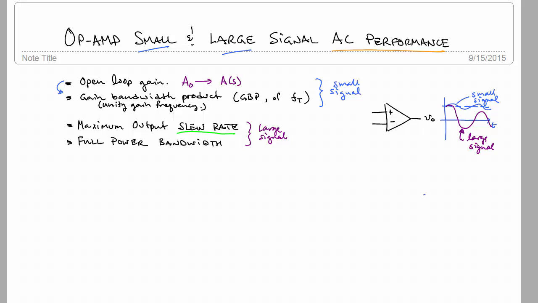In this video lecture, I'm going to present some of the real-world frequency-dependent behaviors of an op-amp, and we call these AC performance of the op-amp, and they manifest themselves in two realms. One is in the small signal operation of the op-amp, and one is in the large signal. And one of the objectives from this lecture is that you can go into the lab and measure